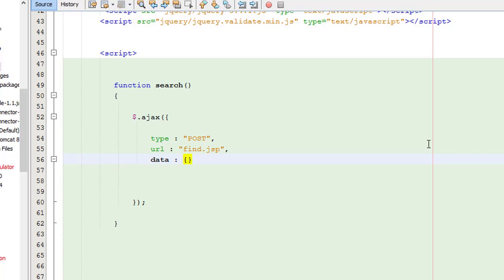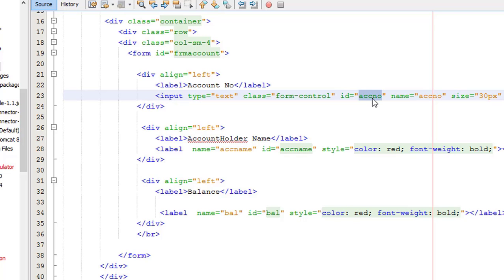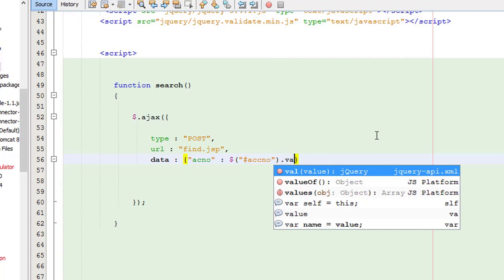So here you have to create a variable, this one, AC number, you have to write, okay? Now here we have to add the text box which has this name. What is the account number you are typing in this text box? I just Ctrl C to copy, Ctrl V to paste here, right? The account number you are typing in this text box is assigned to this variable, and it goes to this page, right? This is the thing I have to do. So here we have to write dot val, that's called val,